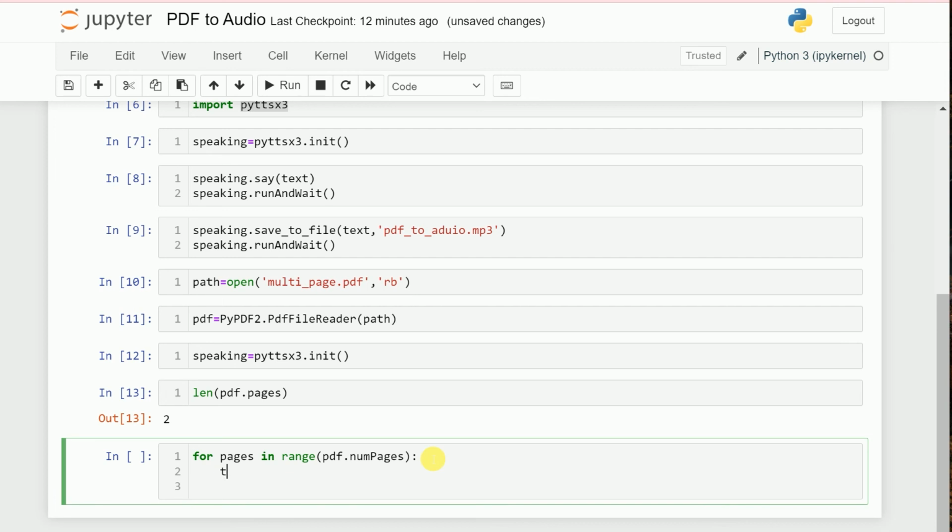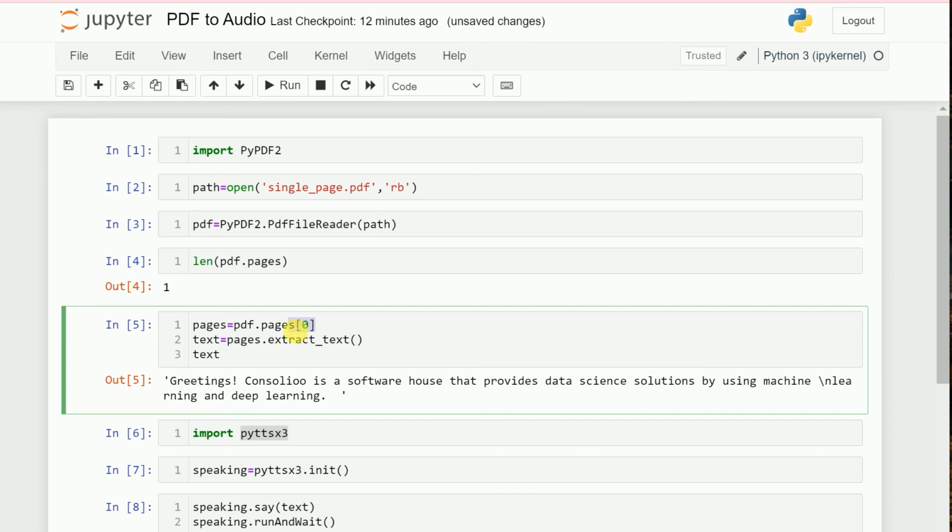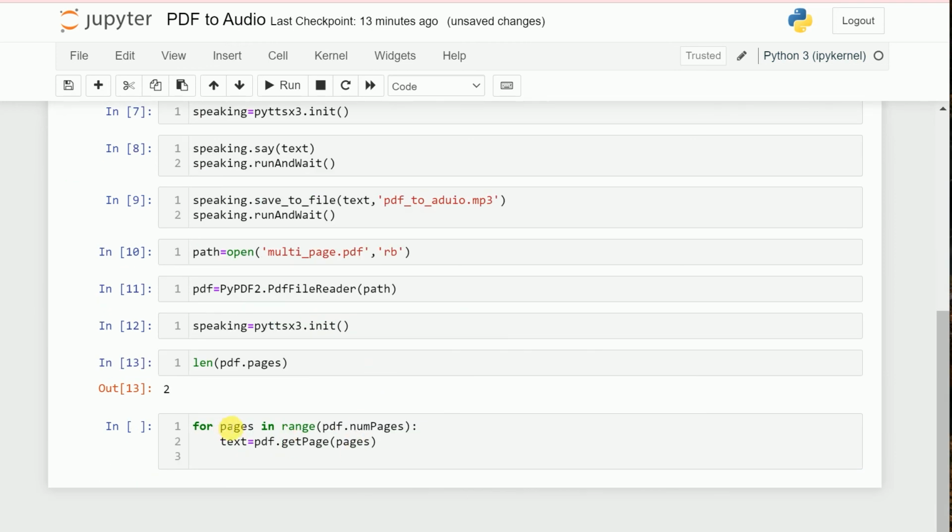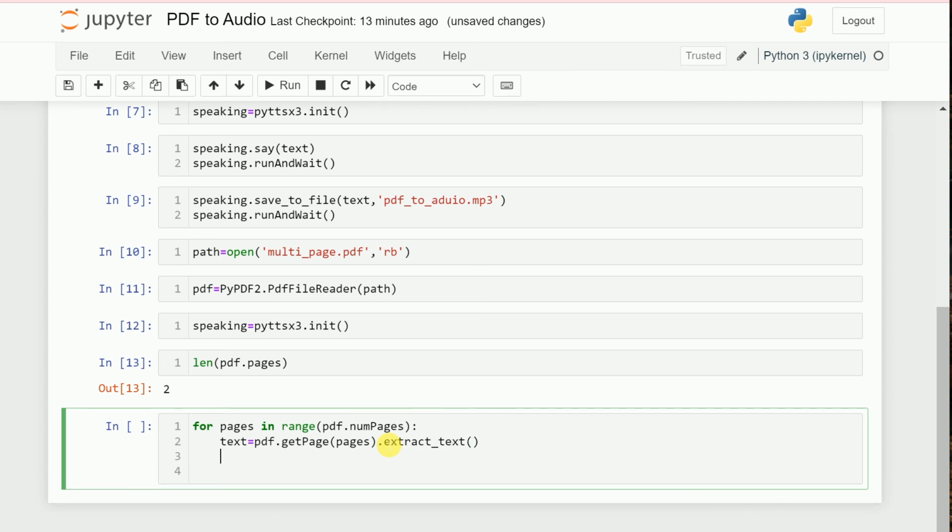So we can get the text by using pdf dot get page, and we can set the pages. The pages variable is giving the page number, the first page or second page, as we were doing here when setting the page number. So it will start from 0 and go up to the pages in the PDF. Okay, and then we can directly call the extract text function, and after that we can call speaking dot